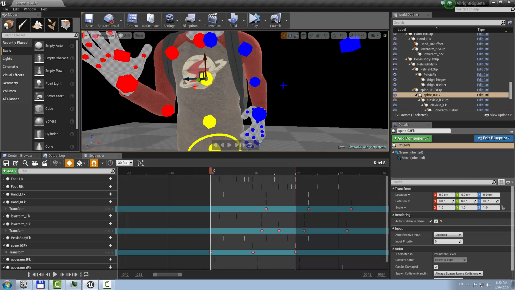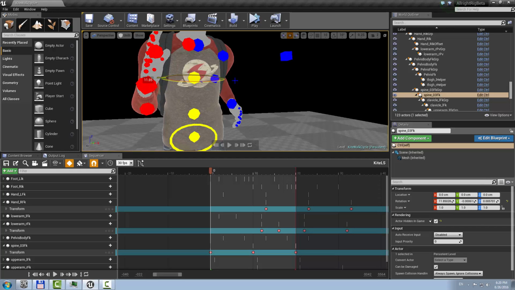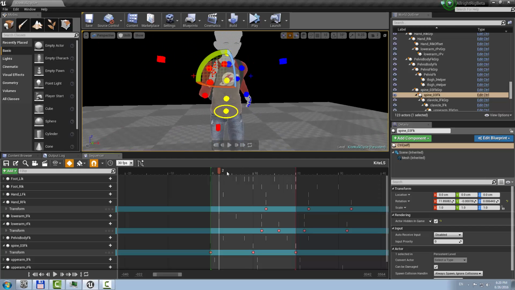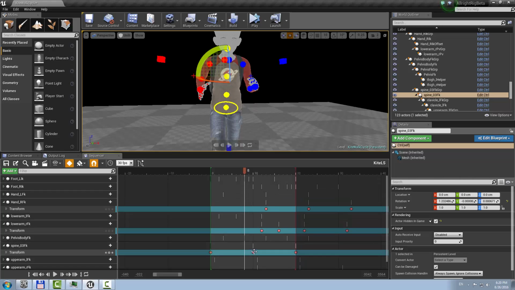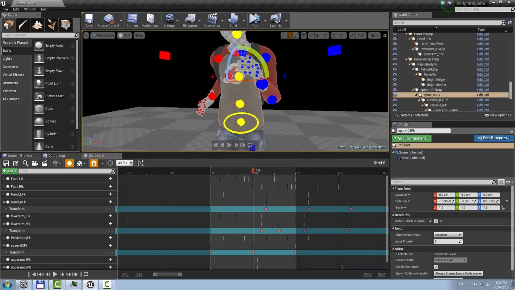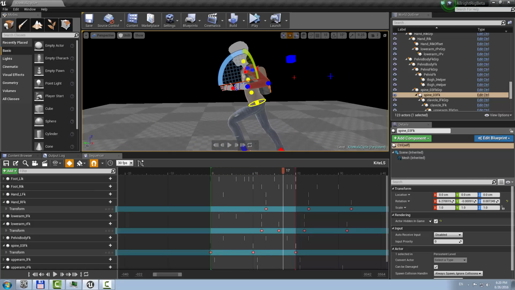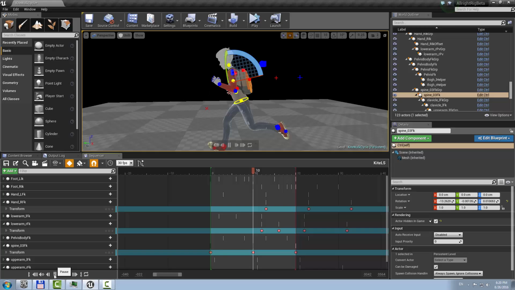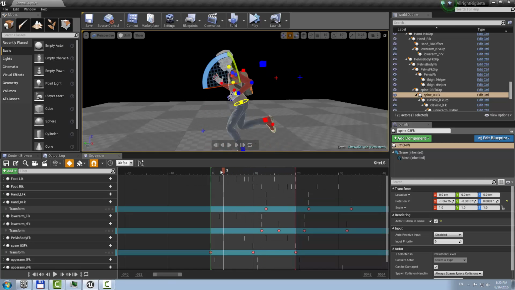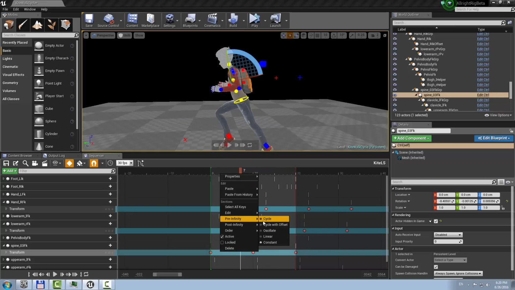So when the left arm is forward, I will move a little bit left, and actually I need to put the same key here, yes, and in 10 frames I move a little bit this way. It looks like he runs backward, and I need to shift this animation a little bit, so let's make pre-infinity